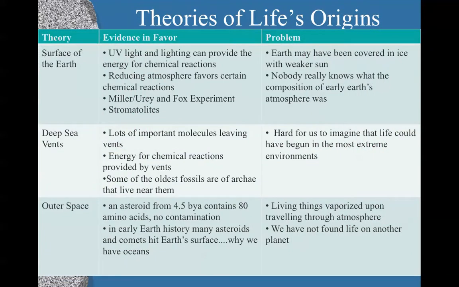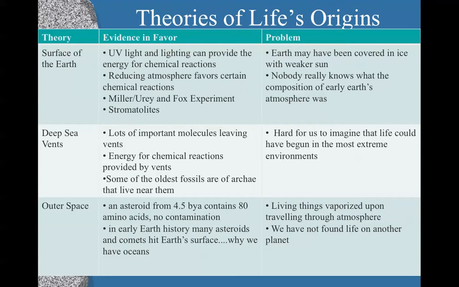So there's a bunch of different theories on where life first got started, and one of the theories is that it got started on the surface of the Earth. Some of the evidence in favor of this was that UV light or lightning could have provided the energy for some of those chemical reactions that we were just talking about. There was no oxygen in the atmosphere, it was a reducing atmosphere, and that favors certain chemical reactions. The Miller-Urey and Fox experiments were both dealing with what could have happened on the surface of the Earth. And remember that our very first fossils are stromatolites, which were in those intertidal pools, and that's on the surface